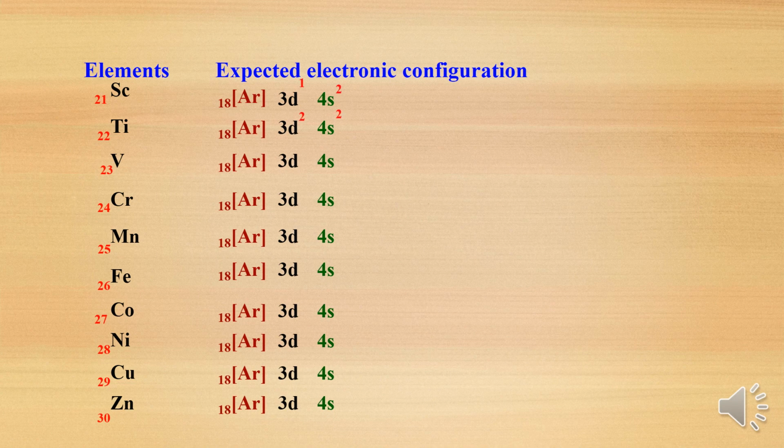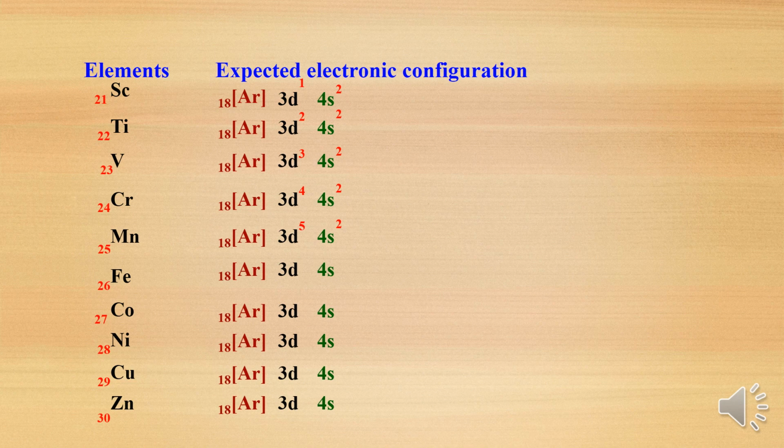Titanium comes 4s2 3d2. Vanadium comes 4s2 3d3 because the atomic number is 23. Argon is 18, then 4s2 becomes 20, 3d3 becomes 23. Same way chromium: atomic number 24, argon is 18, then 4s2 20, then 3d4. If you write in the increasing order of their energy, later we can go for the exceptional cases. Chromium and copper are exceptional cases, which we have studied in first PUC. That electron configuration I will change later.